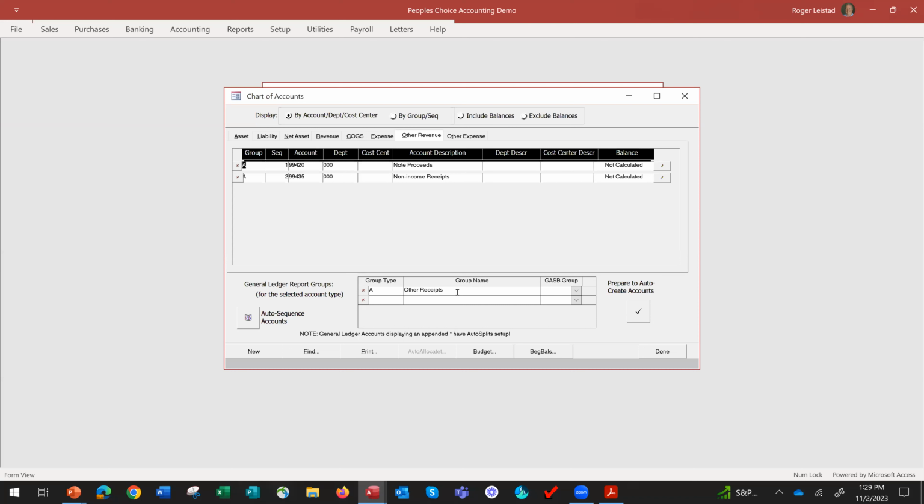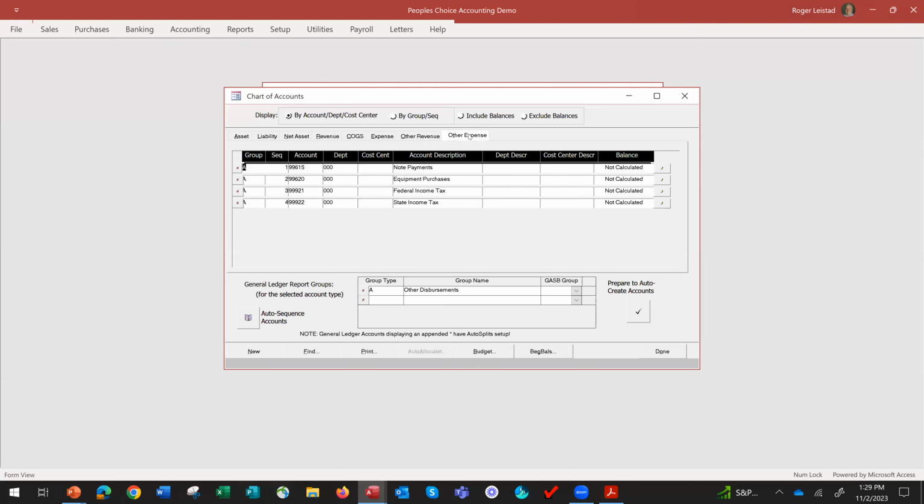You went to the bank, you borrowed money, you put it in the bank. I've got an example of $25,000, and so that adds to your cash balance, but it's not taxable. You're not paying tax on that. And same way with other expense, I've reclassified that as other disbursements, like this down here, and that would be used to record note payments, equipment purchases, or other disbursements that are not what I call